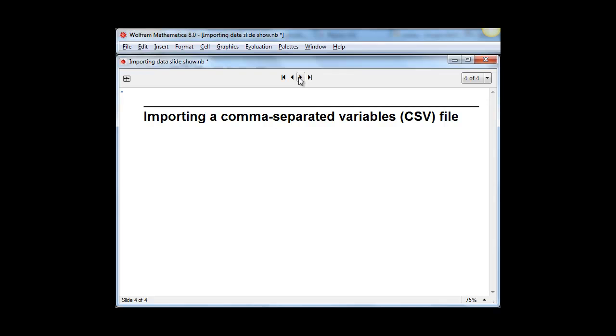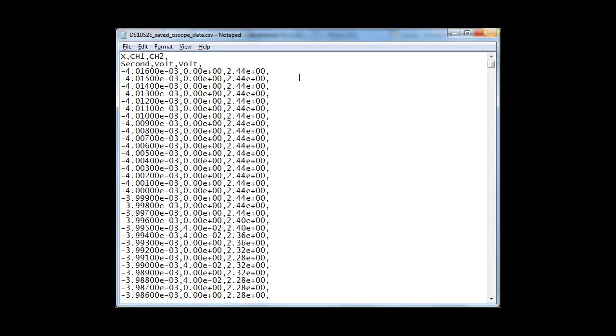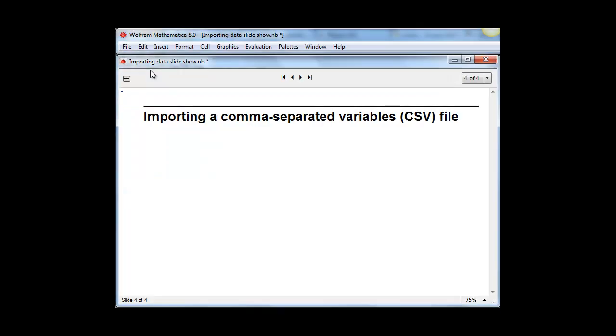Before we import a comma-separated variables file, I want to first look at one in a text editor. The CSV file is a text-based data format, so a program like Notepad can open it and just show you the strings of ASCII characters that it's made from. In this case, a CSV file is a series of columns, each separated by a comma, and rows each on a new line. This particular data set came from an oscilloscope, so it has a time column, a channel 1 voltage column, and a channel 2 voltage column, and for some reason a blank column was saved at the end. We can go back to Mathematica and import that